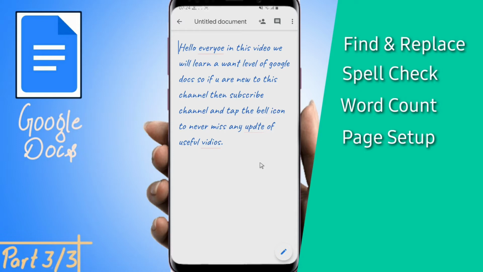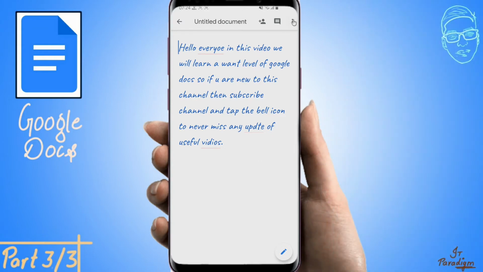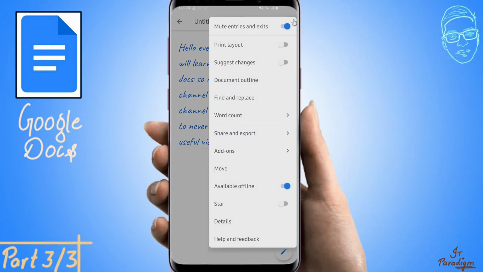The fifth is saving as PDF or any other format, like how can we save this document as PDF or .docx and .odt, like any other format. The last, the most important part is how can we create an editable link of this document so that your friend and you can work on the same project at the same time. So let's get started with the first option, that is find and replace.